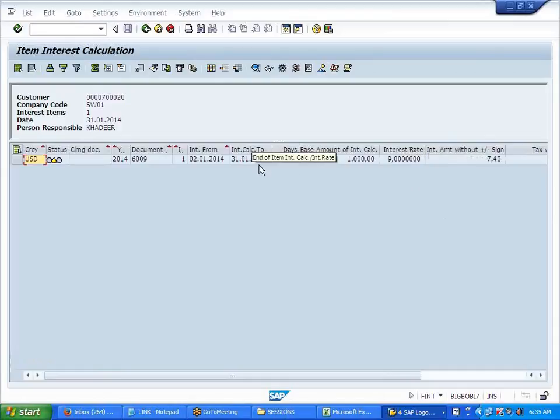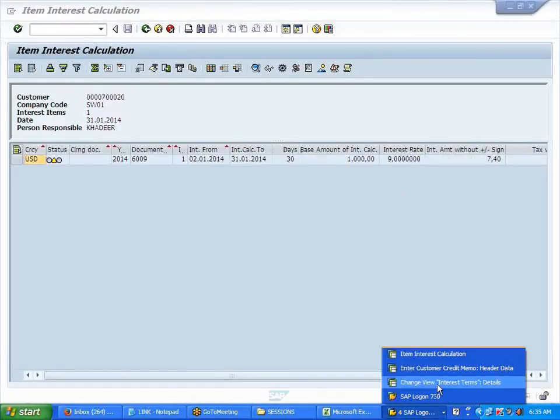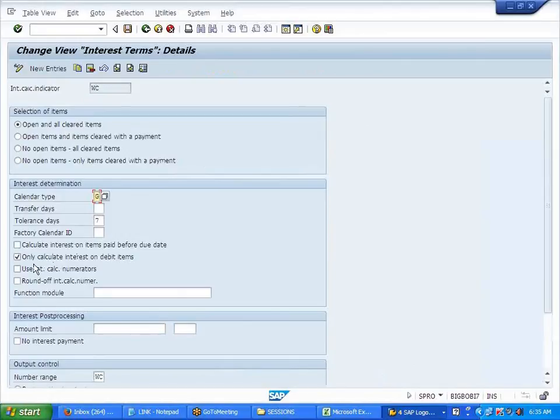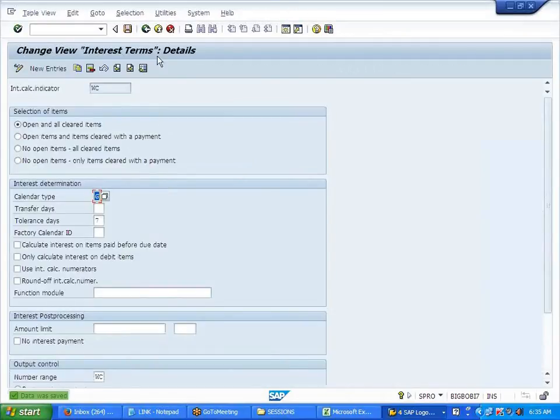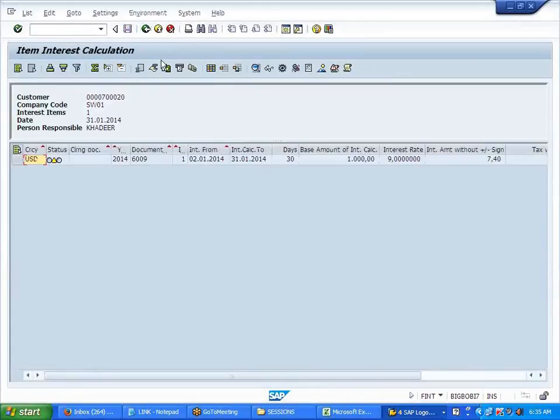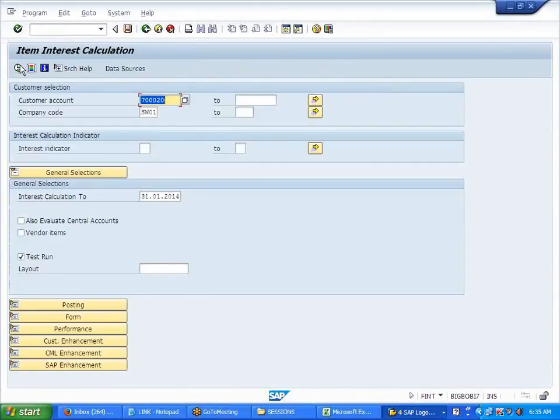Same interest, nothing different, right? Earlier one? Okay. Now here I am removing this: only calculate interest on debit items. I'll execute.